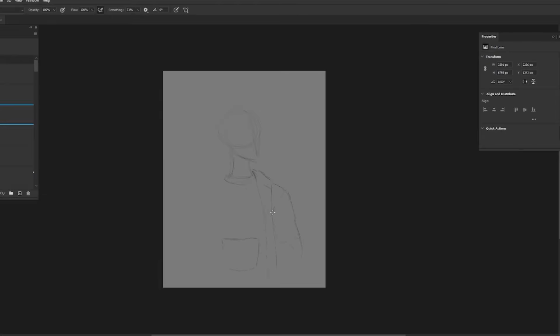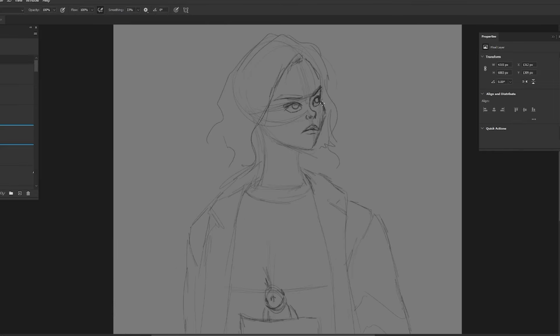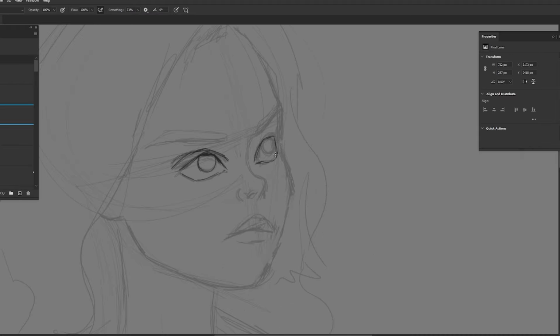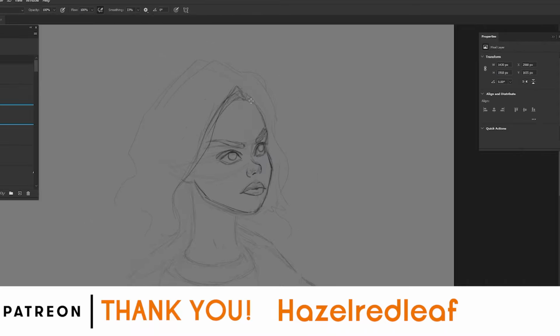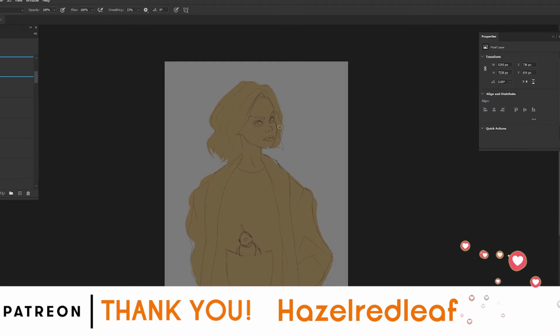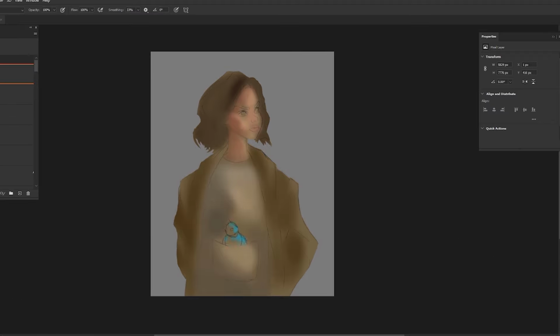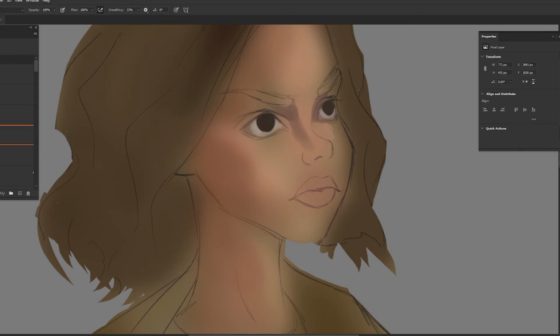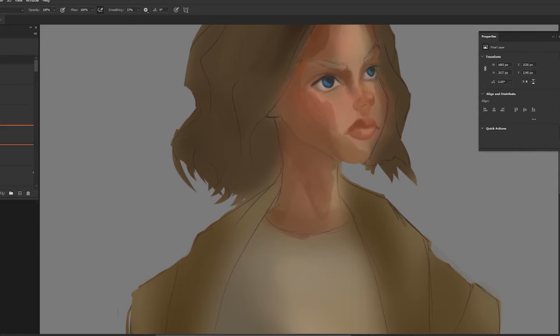So for the original painting, I actually used a random character generator because your girl was out of ideas. I wanted something that was super unique, but I didn't want the story to overpower the style here. So I went with this character brief of a defiant 19-year-old who wears woolen clothes and has a pet parrot that she carries in her pocket at all times. Honestly, I kind of want to give her a whole story because I really love how she turned out, but